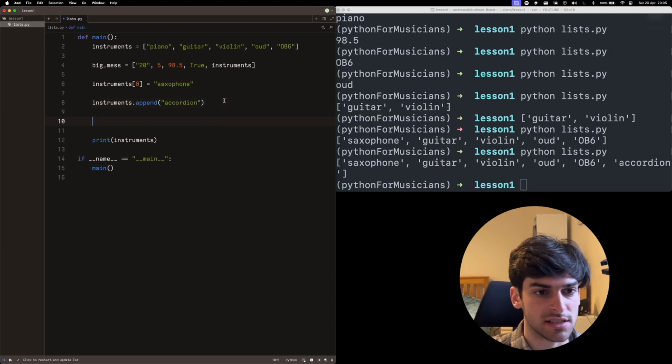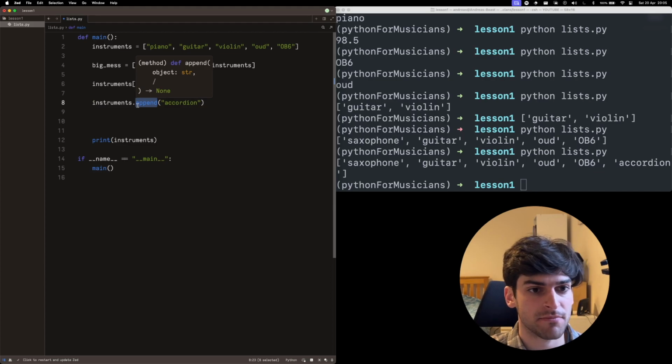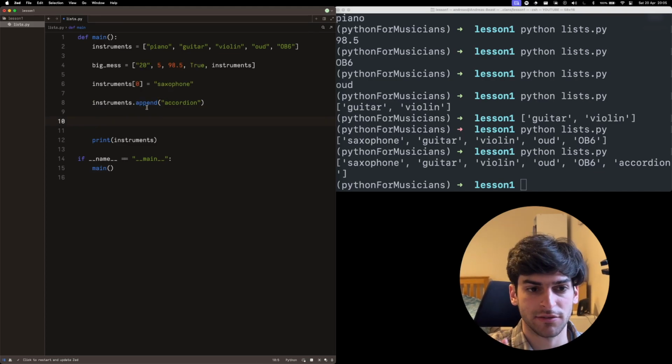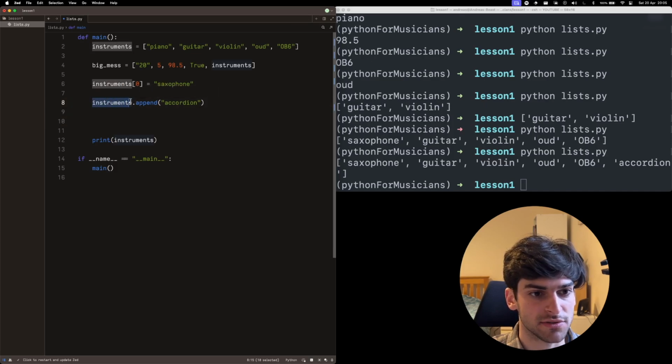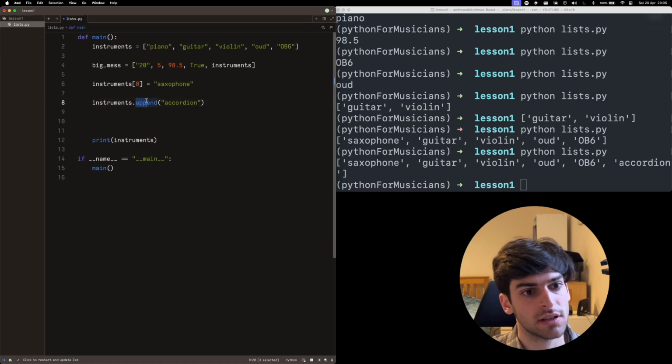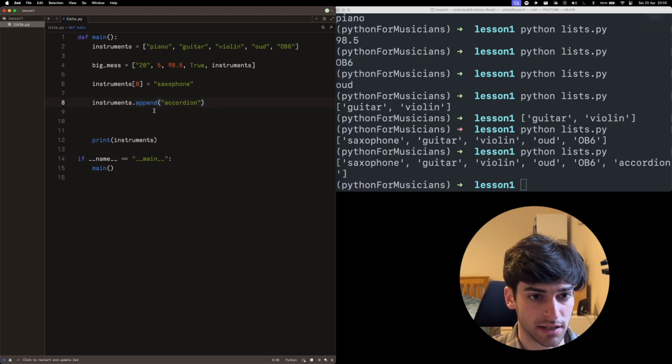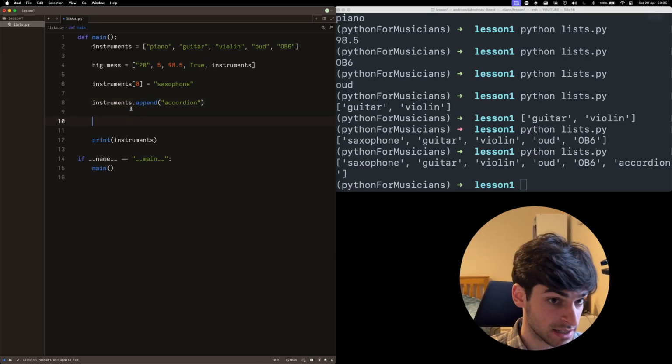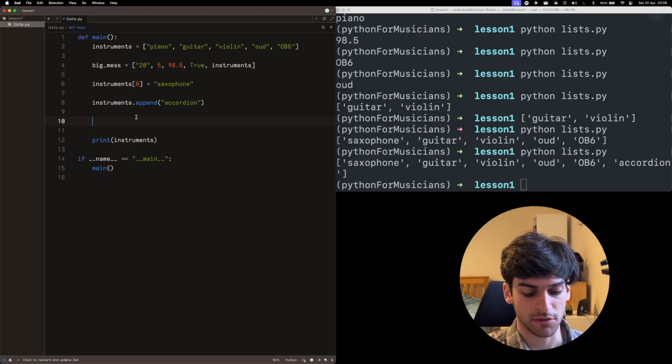Lists have a lot of these functions. They're known as methods. Methods typically are functions that you put after a variable name. So if you have a syntax that goes variable dot something, and then that something has these brackets here, that means that this is a method. And there are many of them for lists. I'm not going to go through every single one of them here, but I do encourage that you look them